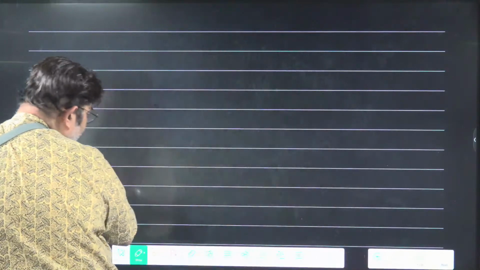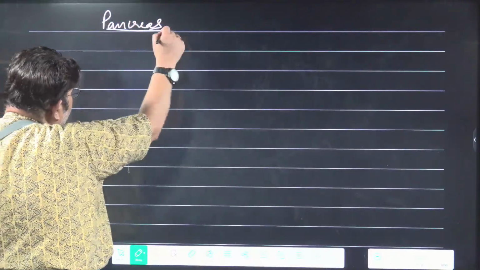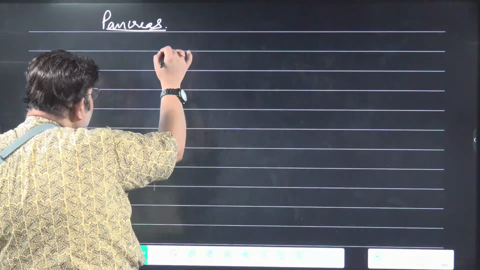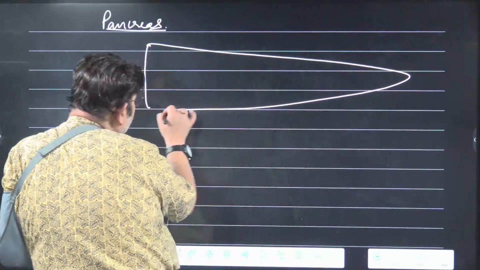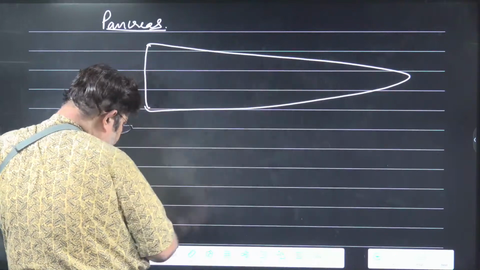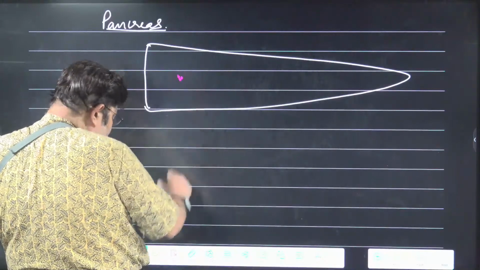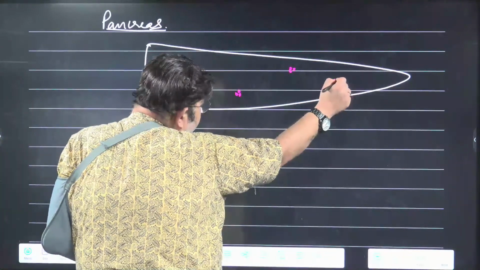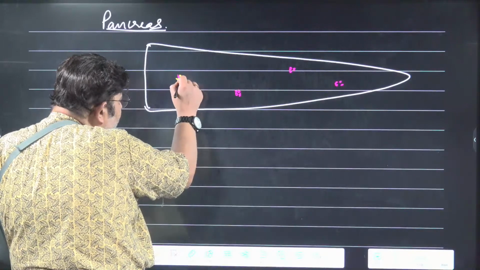I think so far everything is clear to your mind. Now pancreas. If you open the pancreas, you will find that there are two types of tissue inside it. The main tissue is one tissue, and in that you will find some clusters of cells. Two or three types of cells are there in these clusters.